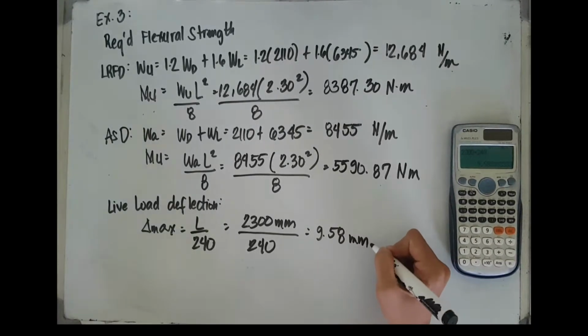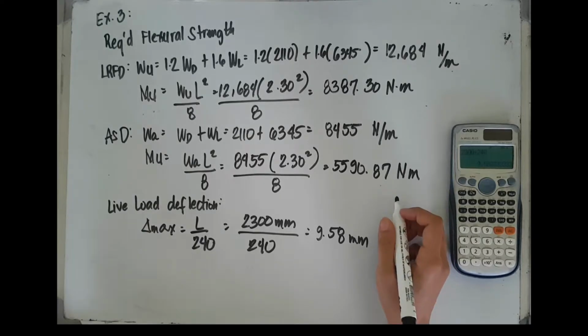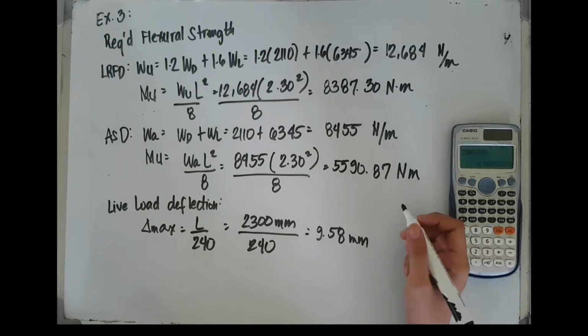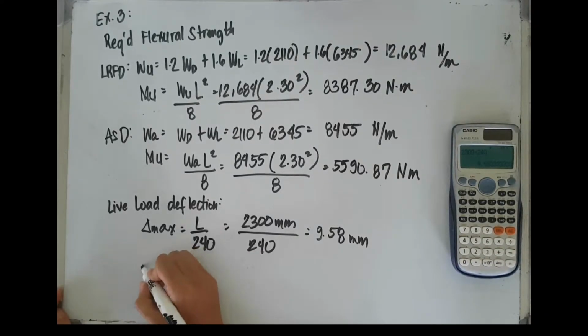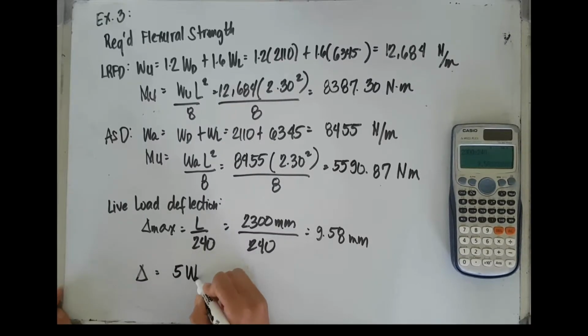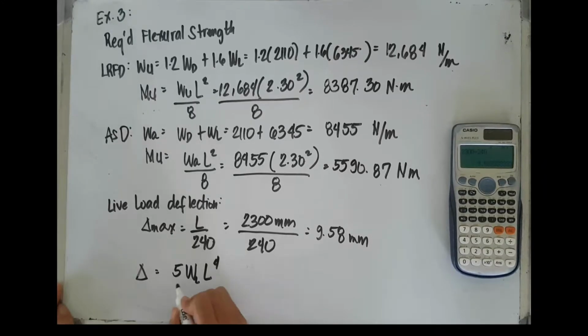And the axis of bending happens at either the x-axis or y-axis, since it is a rectangular hollow steel section. So for us to determine the required moment of inertia,